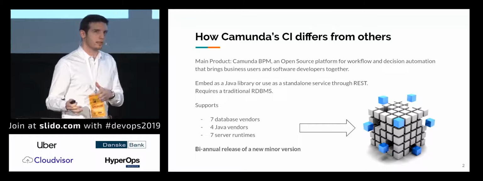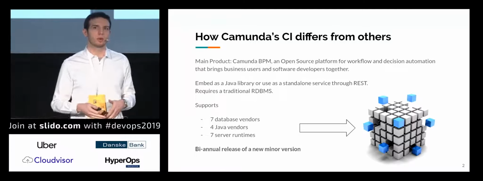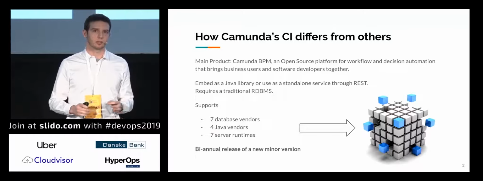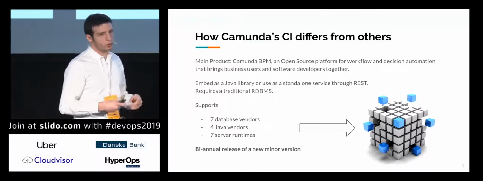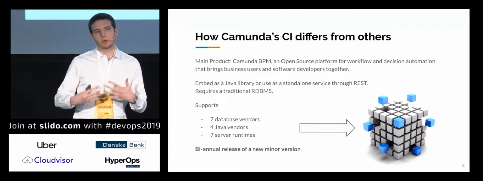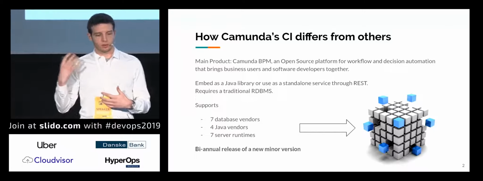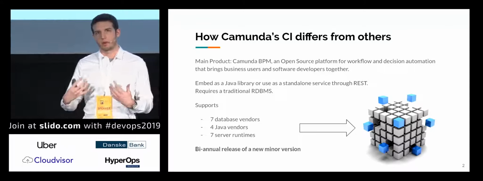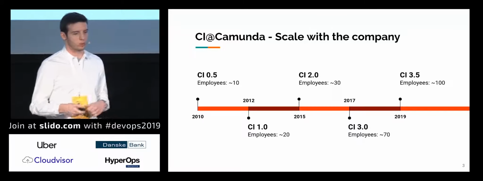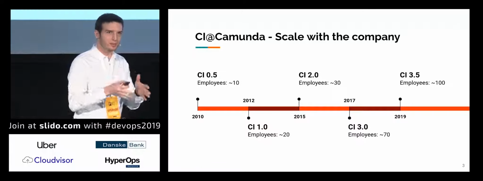Our CI is quite complex. We need to guarantee to our clients that our integration with their environment is working 100%. For this reason, we always value code quality. We need to make sure that all these possible combinations of database vendors, Java vendors, and server runtimes are working correctly. In terms of our CI, we started quite a long time ago, and we like to define our CI in